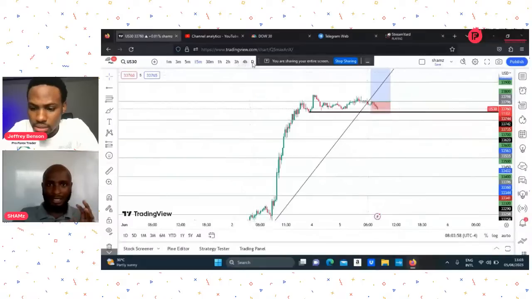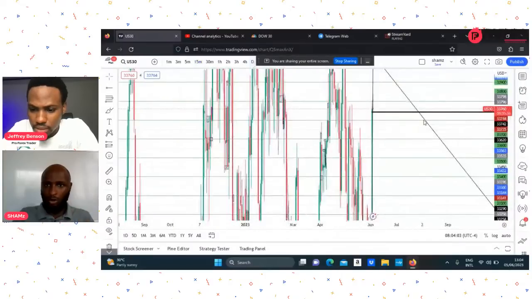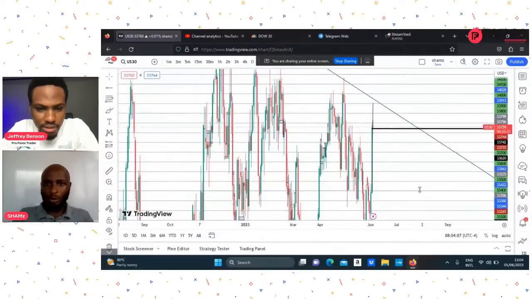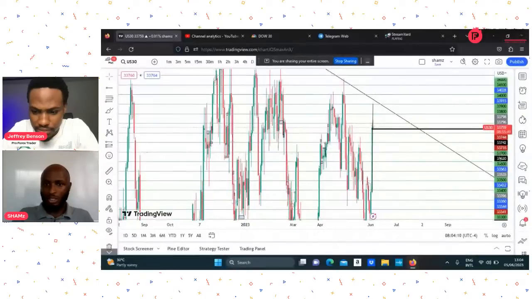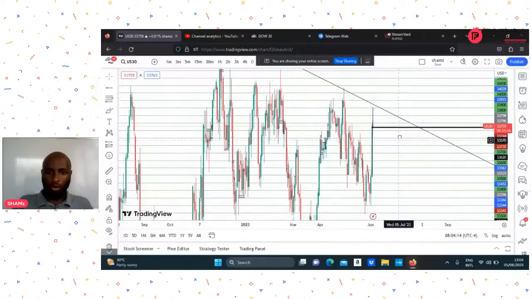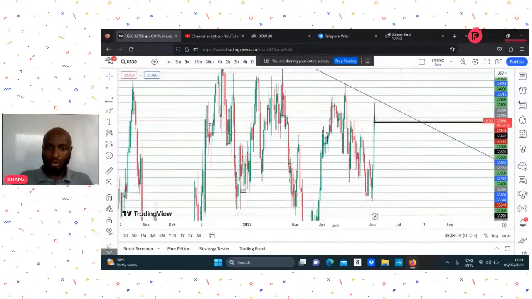I am seeing the market on a higher time frame, not this lower time frame. If you check on a higher time frame, I have a very strong trend line that is coming from the top. So what I expect this market to do is to push at least 300 pips today and either tomorrow before it starts selling. This is the zone I am forecasting for a sell.